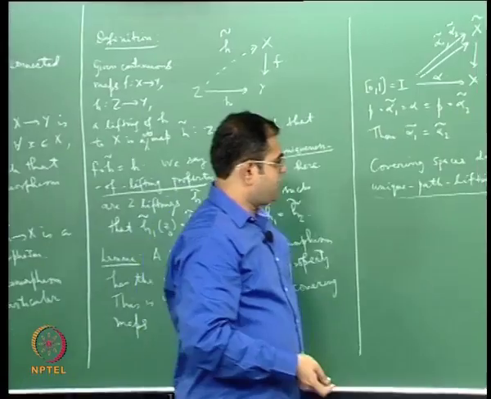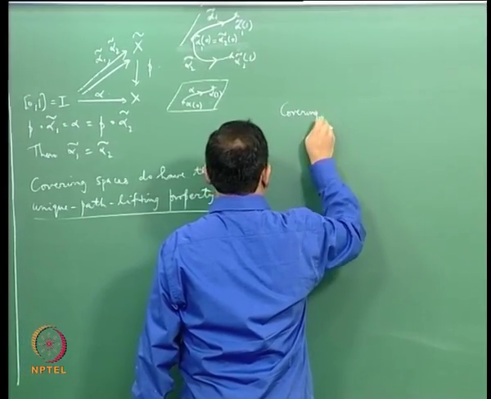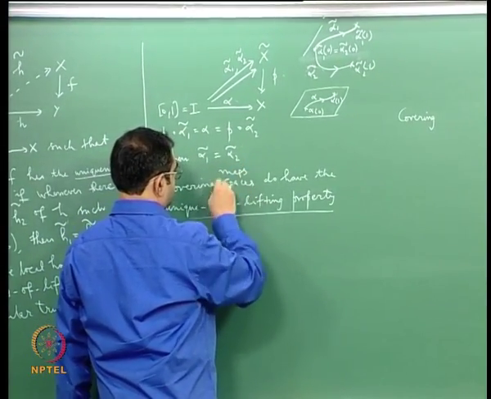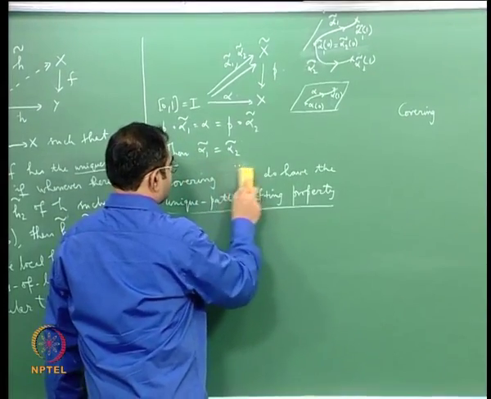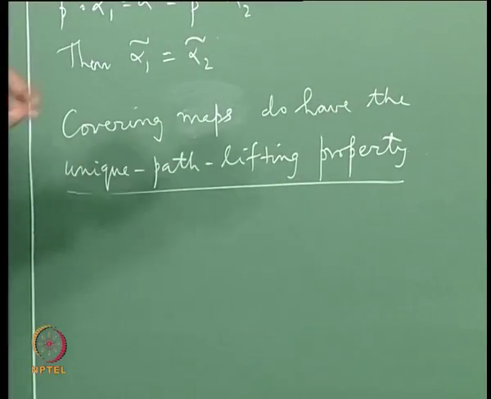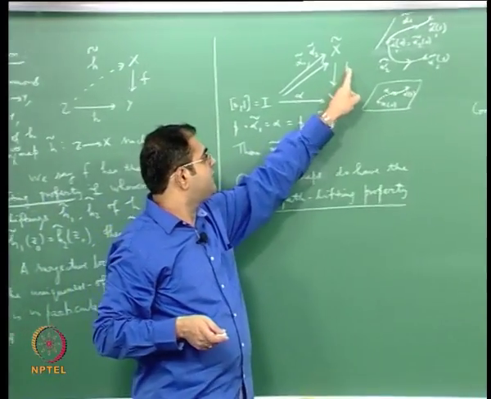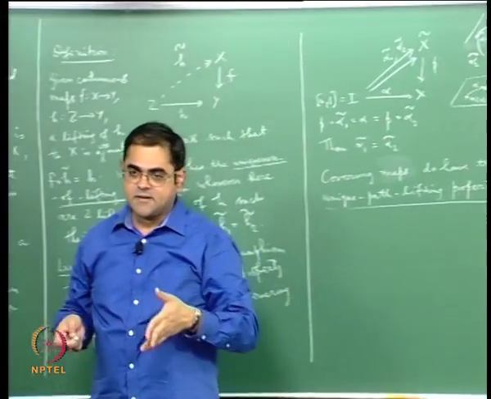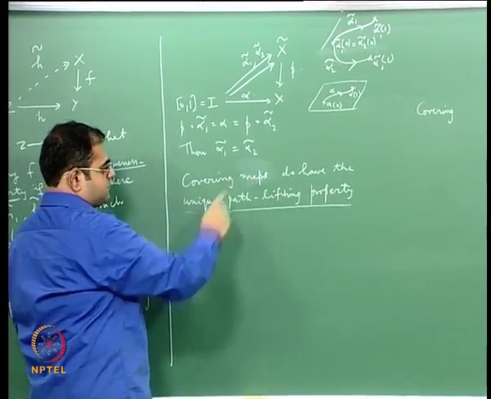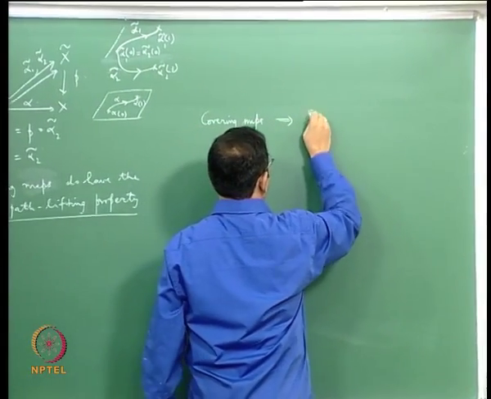So if I draw a diagram, I have a covering map. Of course I should actually write covering maps. When I say it's a property of a map, of course the source and the target spaces are also involved. If I say covering space, it also involves a covering map, and if I say covering map it involves the source and target spaces. Sometimes by abuse of language one interchanges this, but anyway, the point is, you take covering maps, they are surjective local homeomorphisms,